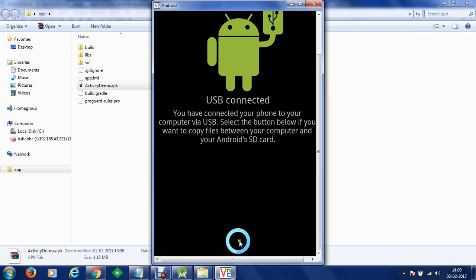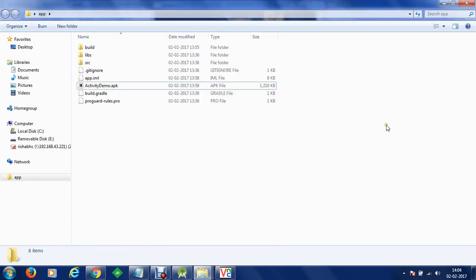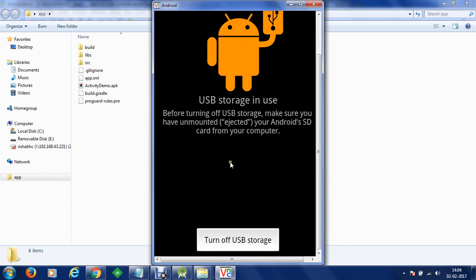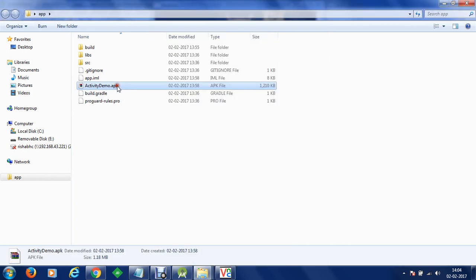So it's progressing at the moment, and once the progress is completed, we'll get our mobile phone mounted within our computer and then we are going to paste our application. So now our device has been mounted and now we are going to paste our activity demo.apk to our mobile device.